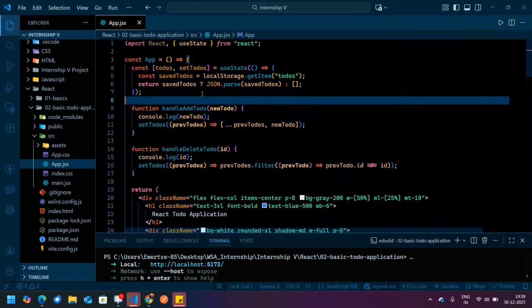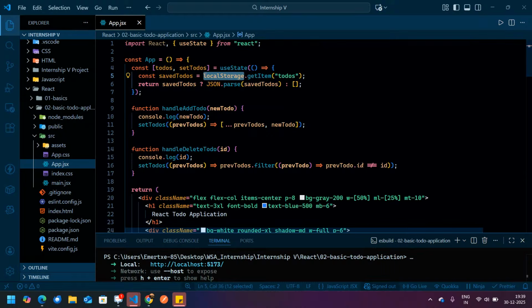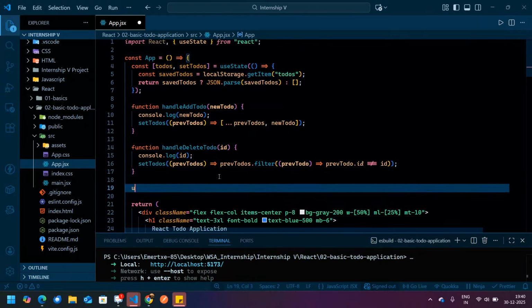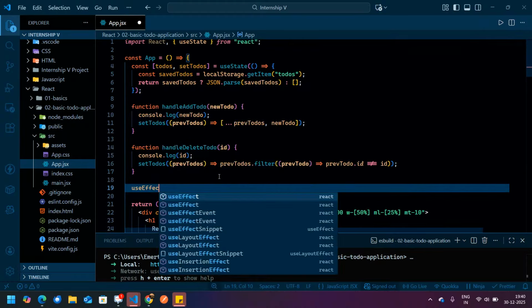Here we have written how to get the todos. Now we will write how to add the todos, whatever todos you are writing, inside our local storage. For that, we are going to take the help of useEffect, which is going to handle the side effect.